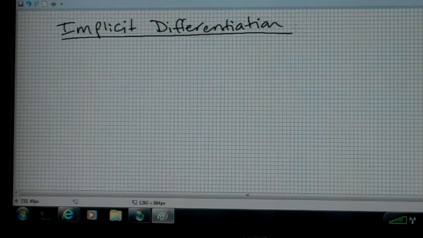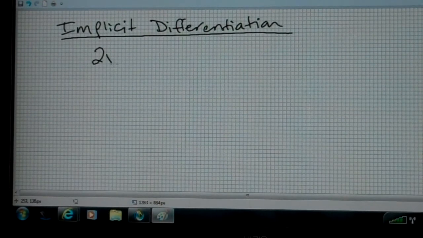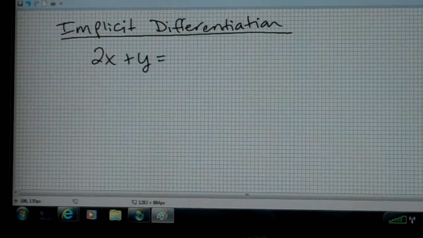So our first example of implicit differentiation is going to be 2x plus y equals 3. So here what we actually want to try to do is find the derivative of this equation with respect to x. And in order to do this, when we have a y in our equation, it's going to look a little different than from what you may think. So first we take the derivative of 2x, which is just going to be 2. And then we have to take the derivative of y, which is going to be very similar to taking the derivative of x, but what we do here